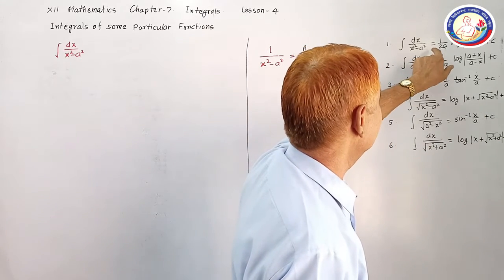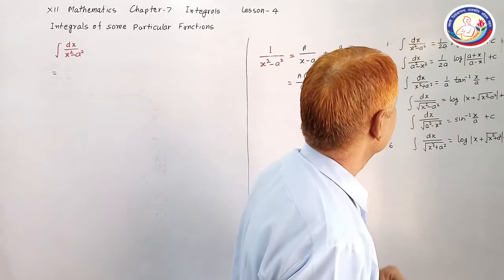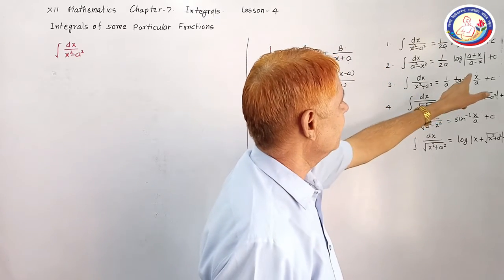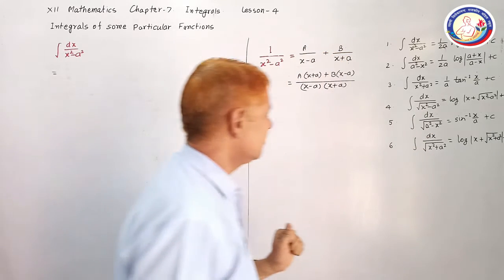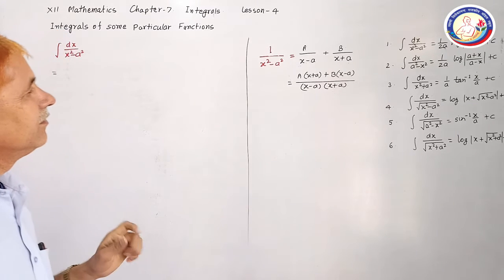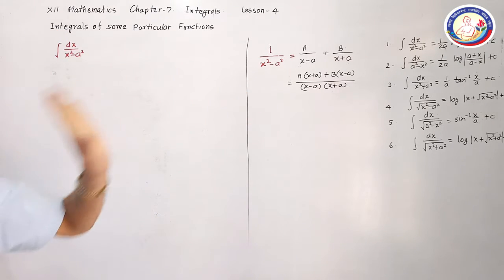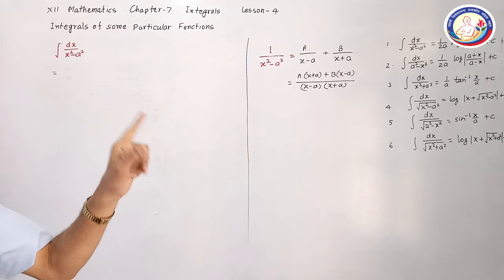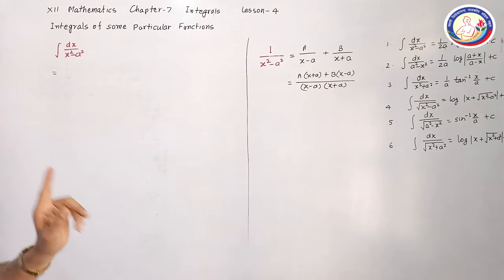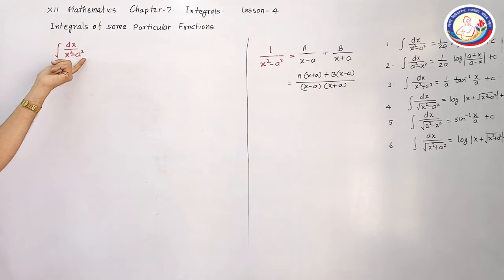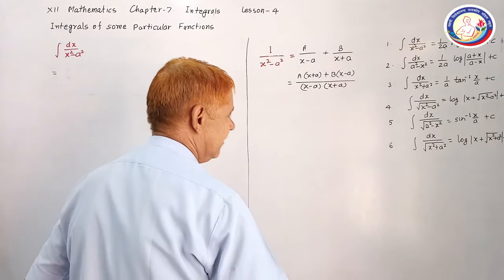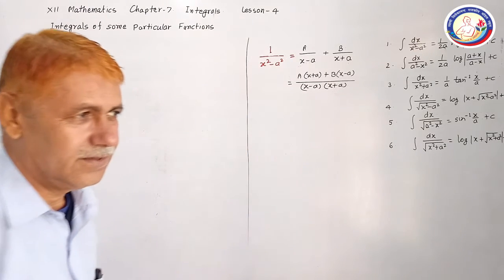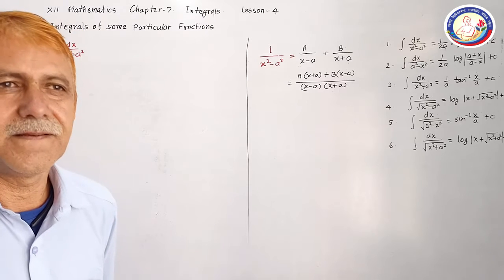Now I am explaining the first formula. If we understand how these formulas came into existence or how they are derived, we can solve many questions without using these standard forms, and it will be good for practice. So I am taking this. I have to find the integral of this. We can factorize this denominator here. I have written it here, and in the next lesson we will take partial fractions.